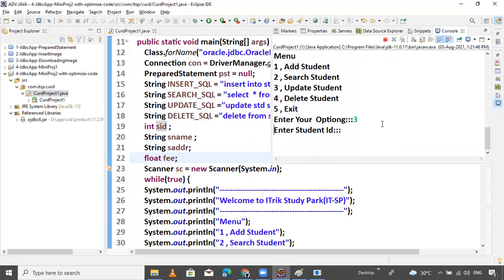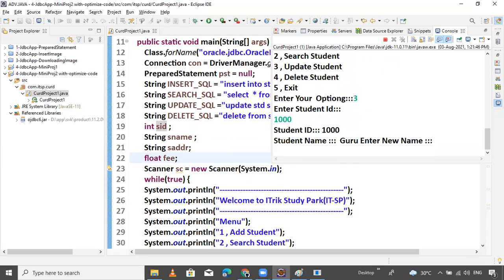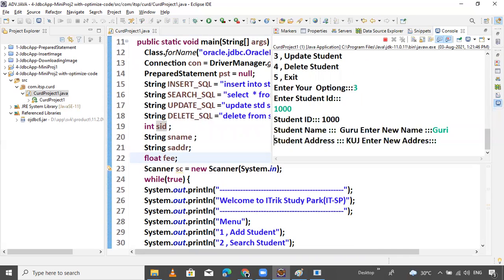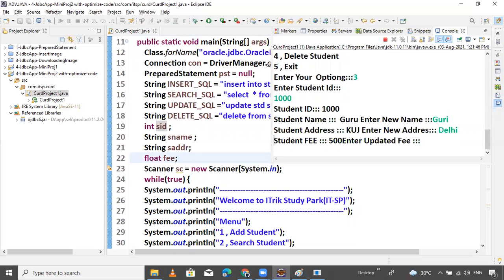So now I want to update the record. Perform three operation. Okay. Perform 1000. Instead of Guru, put Guri. Instead of Kemuki, provide Delhi. And instead of 500, pass 300.